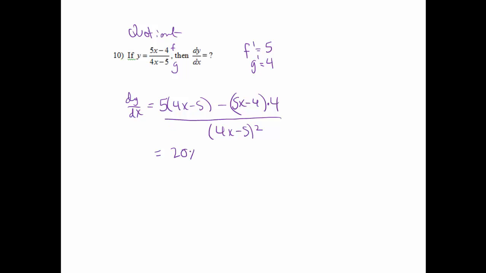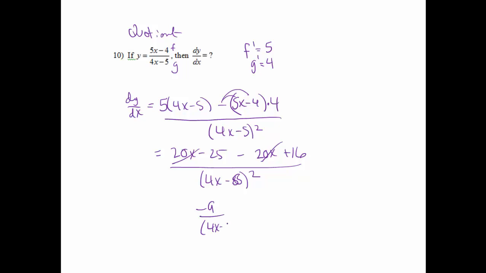I'll have 20x minus 25, and then in the next part, I'll have negative 20x plus 16. Be careful on that one because that does distribute to both parts. And then this is still all over 4x minus 5 squared. The 20x's are going to cancel, and negative 25 plus 16 will give me -9 over 4x minus 5 squared, and that will be my